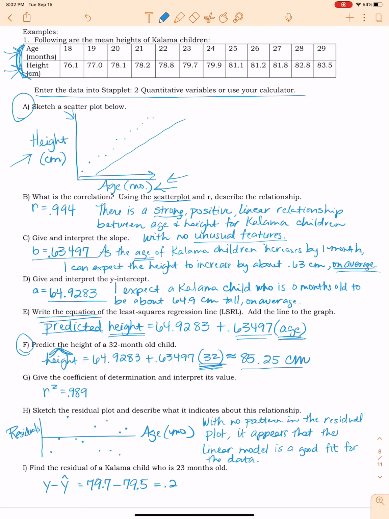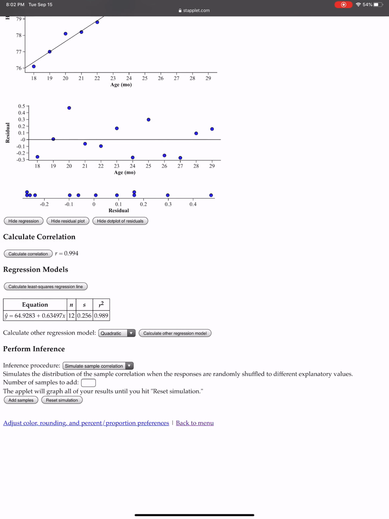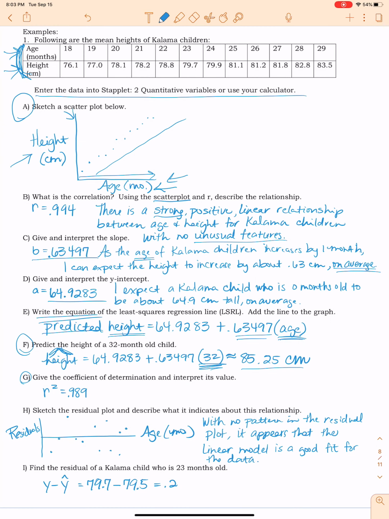All right, so part G asks me for the coefficient of determination and to interpret its value. Well, I also got this value from Staplet. If you'll look down here in that same little table where the equation is over to the right, we have r squared at 0.989. So I am going to interpret that. I'm going to write it as a percentage. 98.9%